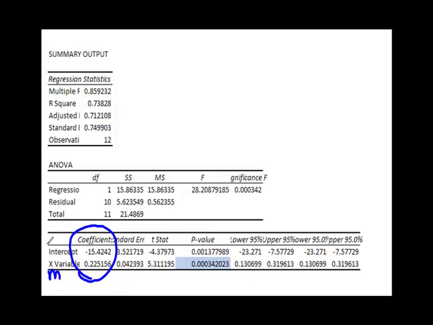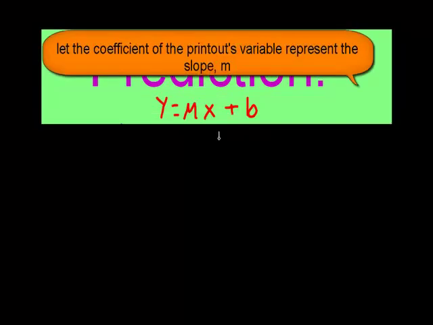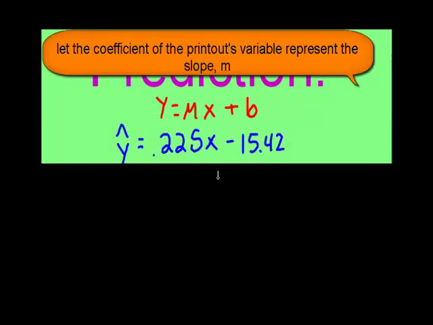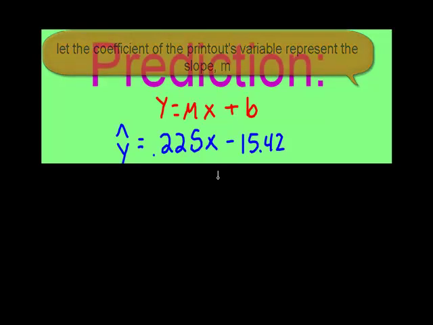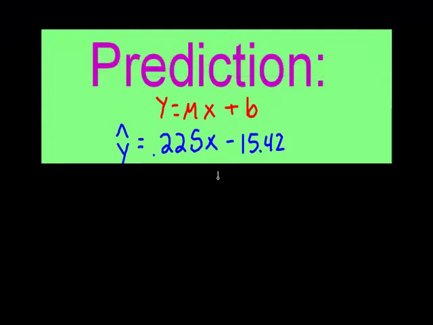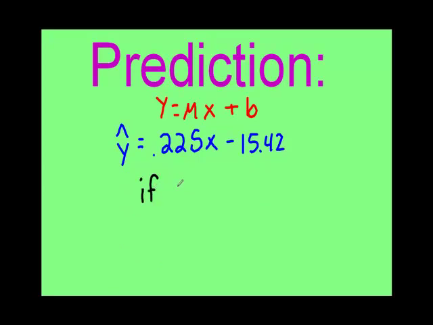This being m, this being b. So first, my prediction equation, y equals mx plus b, m was 0.225, b was negative 15.42. Now if I ask you to make a prediction, if, say, the temperature x was 85 degrees, what would you predict by a trend line to be the y value? The predicted y would be